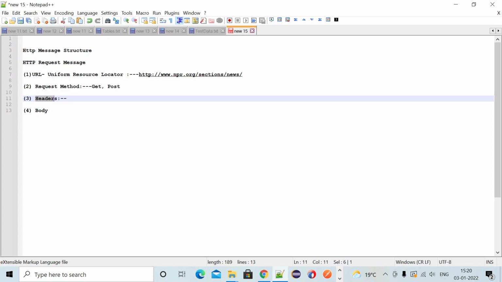Meta information. Meta information is nothing but it's not a useful information to us, it's an external information, or additional information that you are sending. It is extra information, not meaningful information.